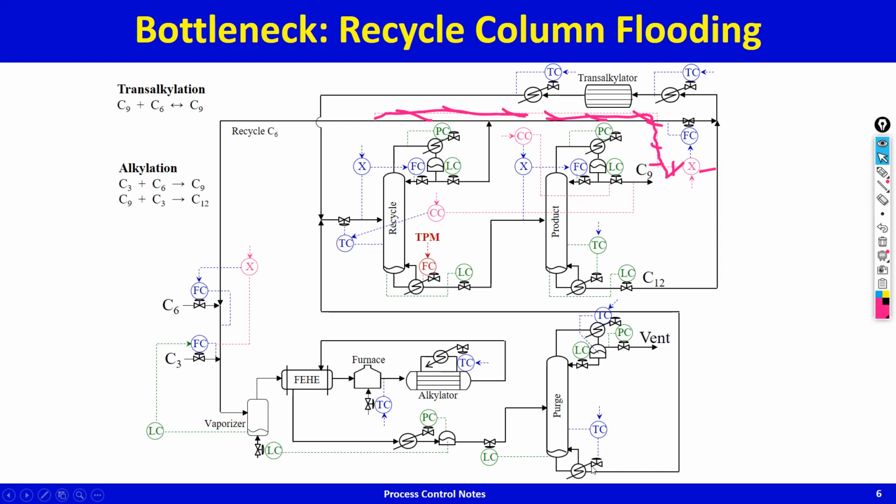As temperature starts decreasing, the temperature controller starts cranking up the reboiler duty. Now because the level controller has started opening this valve in order to maintain the level, this level will start going down. As this level starts going down, you start cranking up vaporizer feed. As vaporizer heating duty goes up, its level starts to go down. As this level goes down, this level controller starts bringing in more feed, more C3, and the ratio station ensures that C6 is also increased, and so that's that.